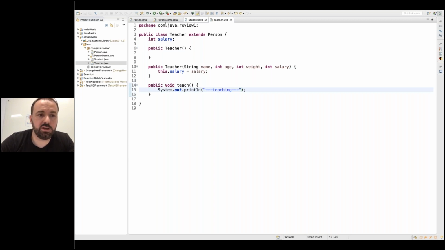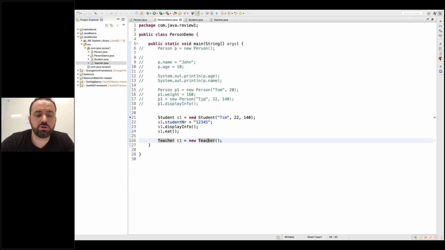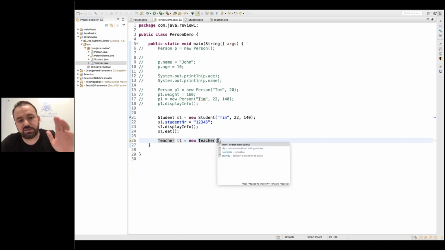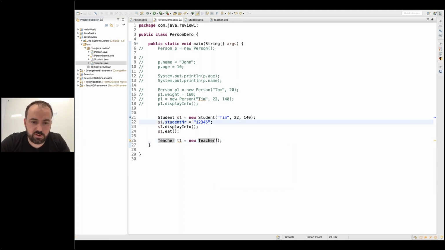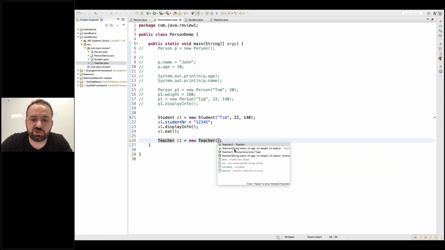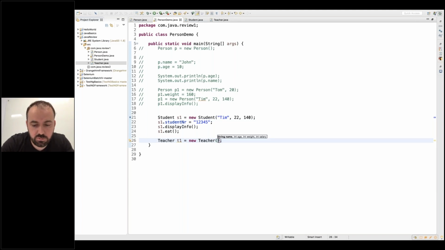Okay, so again here in the demo, we can use this constructor with no parameters, or we can use a constructor with how many parameters? So control space in Mac, I don't know what it is in Windows, it shows the constructor. So I want the constructor with the name, age, this one. Okay, so name,